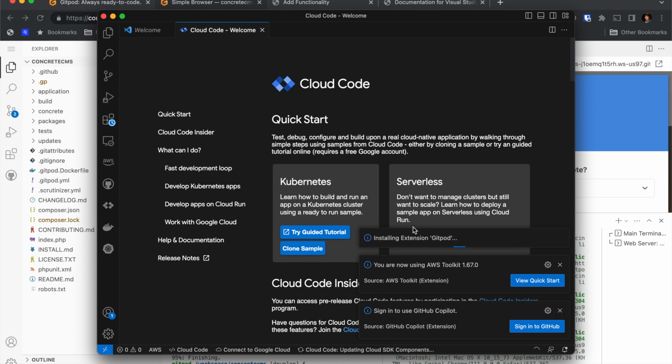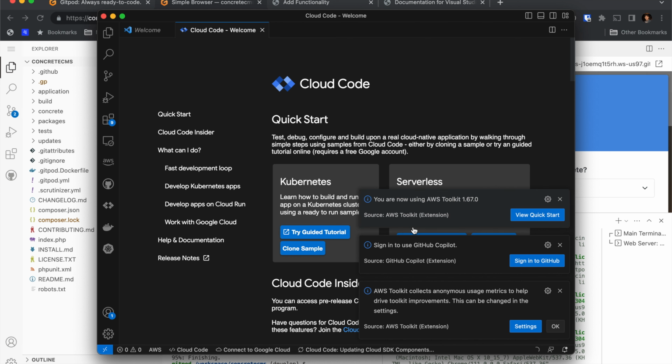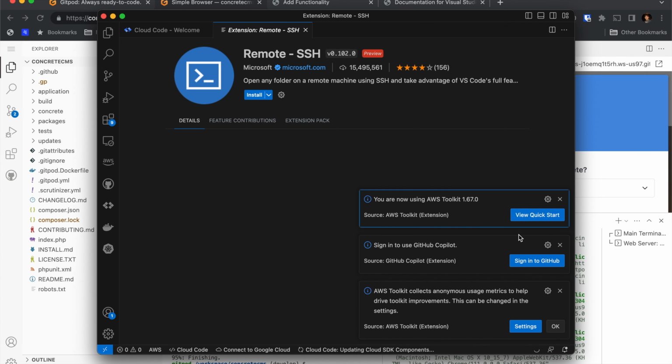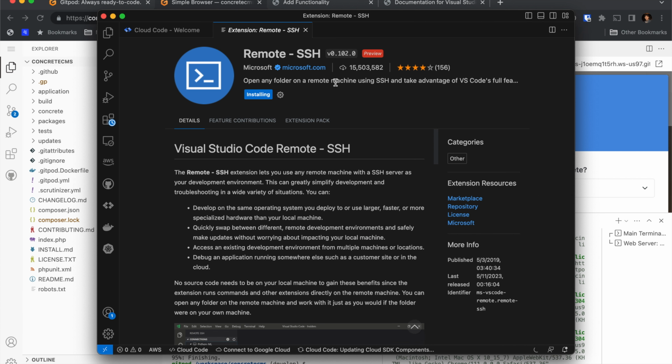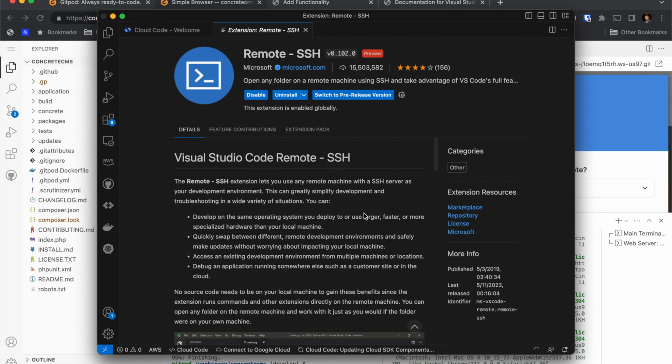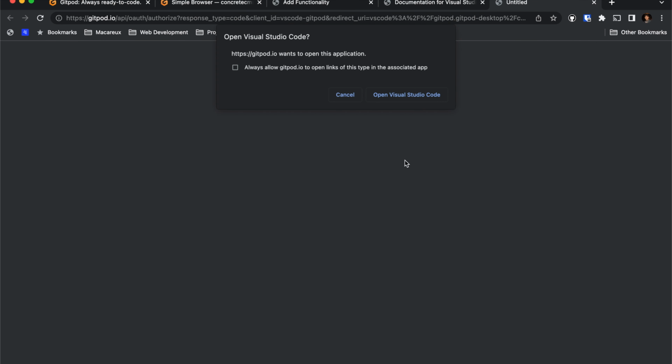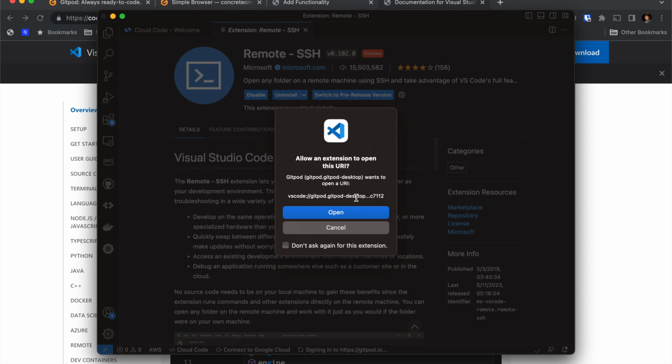Just follow the steps it asks. Remote SSH, open Visual Studio Code, open,